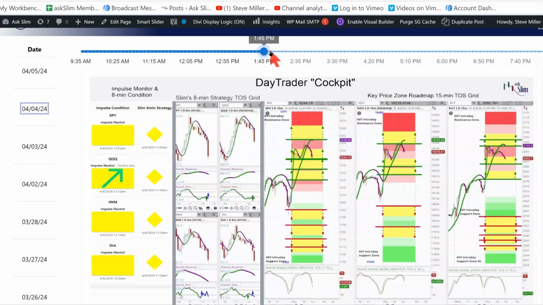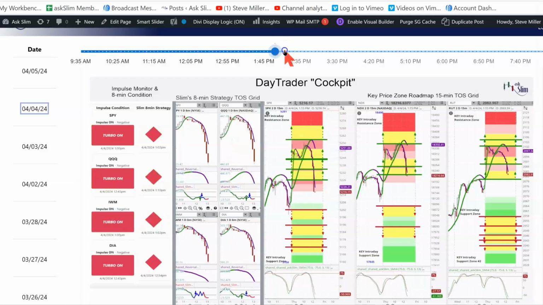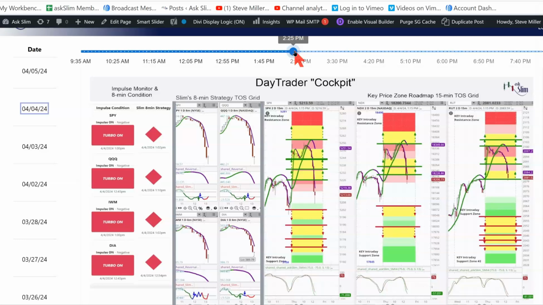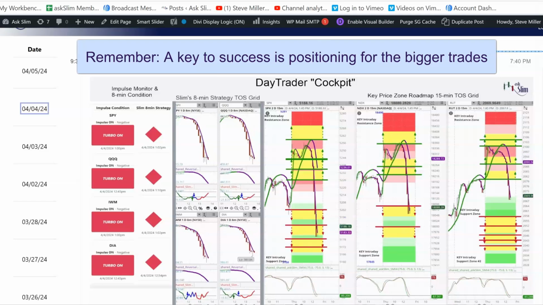So if you go back over here at 1:45 or 2 o'clock, and you could see where these prices are right over here, you're just getting down through this acceleration zone, entering it here and here, right over there, and now you could see it just accelerating to the downside in a big way. This is telling you there's a lot of selling coming in. You would only take short side trades. There's no reason to do anything but short side trades when you're looking at this. Reversals from resistances, easily moving down through acceleration zones,